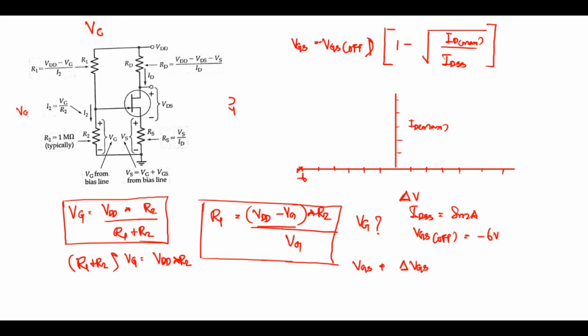I'll just extend this line in order to explain it. 1, 2, 3, 4, 5, 6, 7 and 8. So the graph was touching here and the graph was going all the way, right? So it was just going all the way from here like this, and it reaches 8 milliamps, which is IDSS.